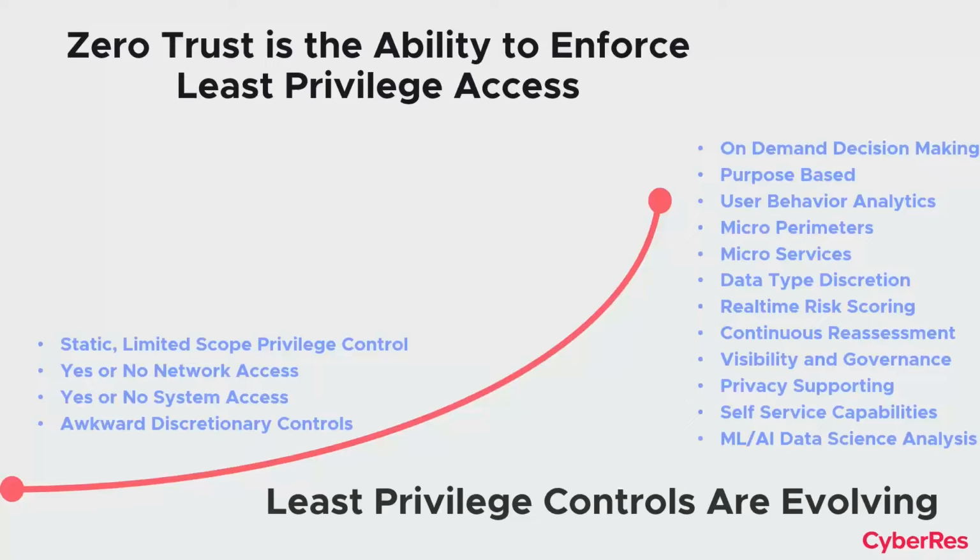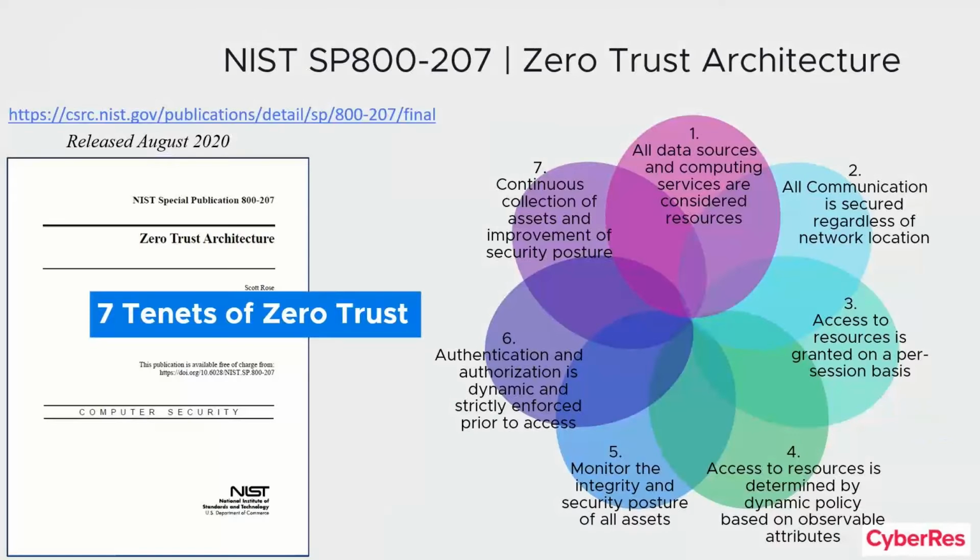We can now support privacy, and should you have ownership over your own data? Should you know where it's being used? Should you be able to retract control if you want to? And also, as many things as possible get out of the hands of administrators. Anything the user can do themselves when it's appropriate, that just makes everybody's life easier. And probably the thing that's evolving most quickly over time now is the ability to apply machine learning and what we'll call artificial intelligence, and bring all that data science analysis directly to the data, with as few humans involved, moving sliders and buttons.